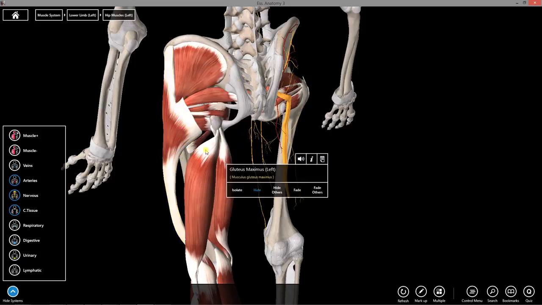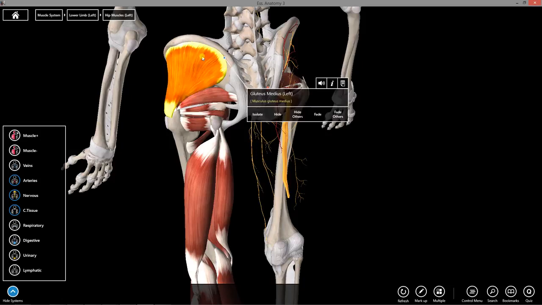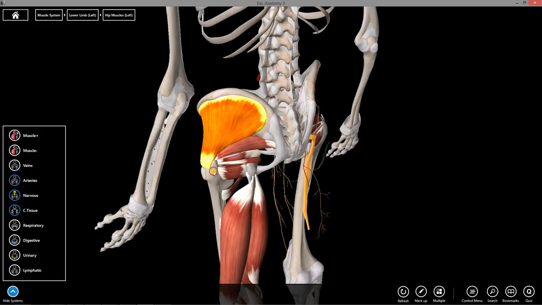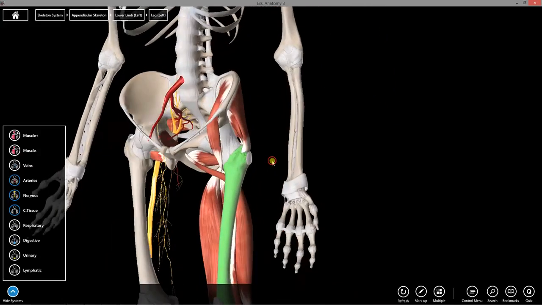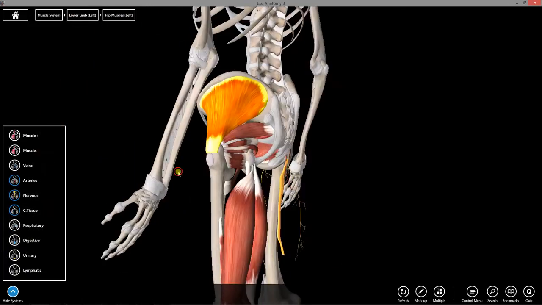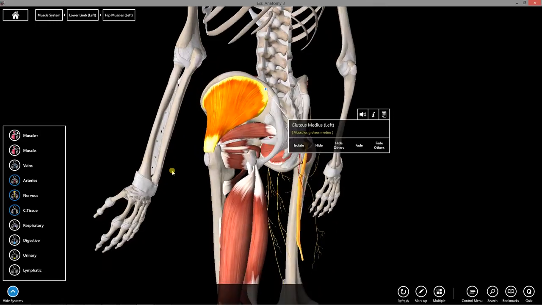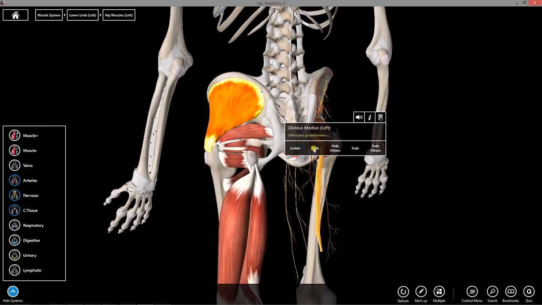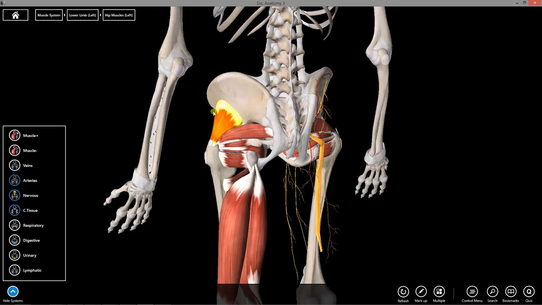So here goes gluteus maximus, taking that away, and that reveals to us gluteus medius. So gluteus medius arises from the anterior portion of the ilium, or the iliac crest. So here we have it, and it attaches to the greater trochanter of the femur right here. So just rotating anteriorly, the greater trochanter of the femur is right here, and here is gluteus medius. Like gluteus minimus, it abducts and extends the hip. So they both abduct and extend the hip, and I'm going to remove gluteus medius because deep to that is